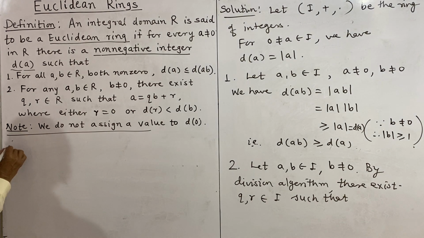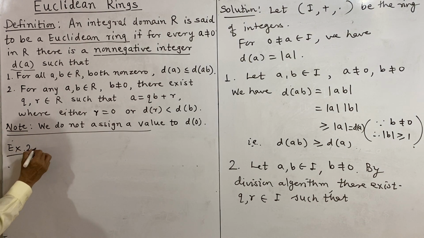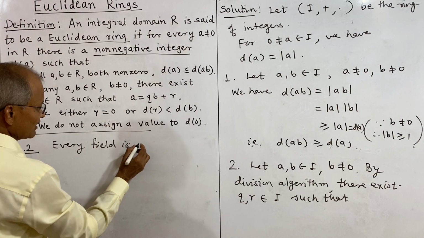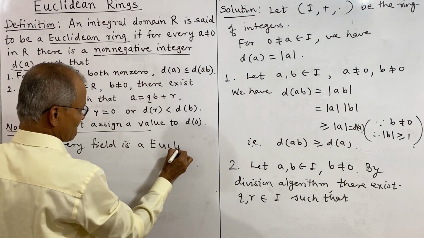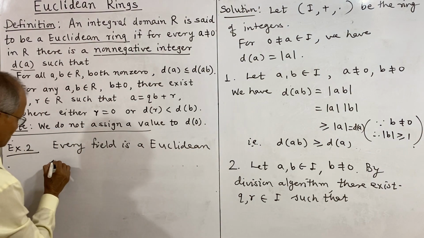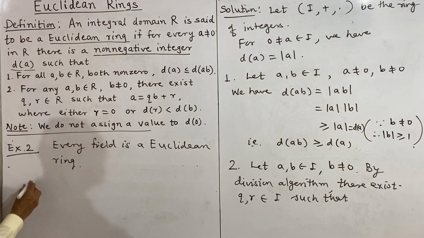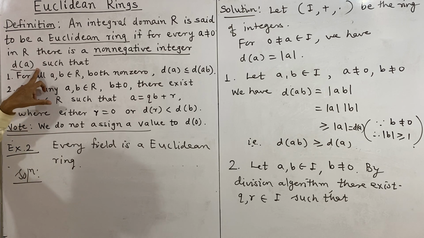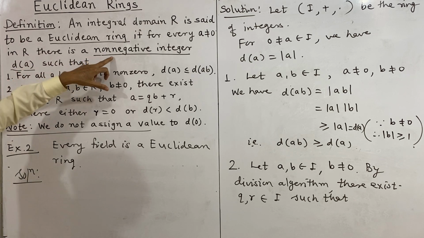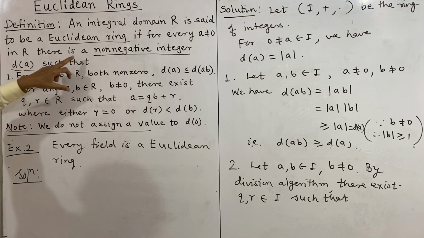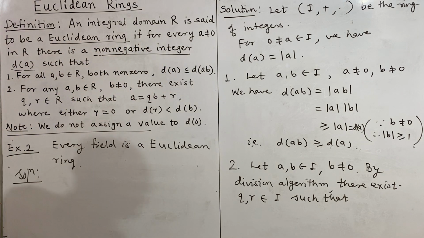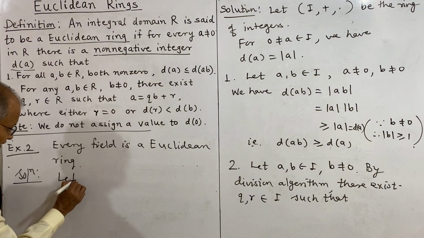Now the second example can be considered: every field is a Euclidean ring. And for this we shall verify it. This is easy. What we need is a d function. D of a we have to define as a non-negative integer for every non-zero element in the ring. Let F be a field,